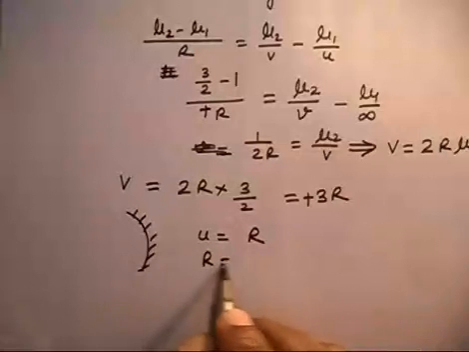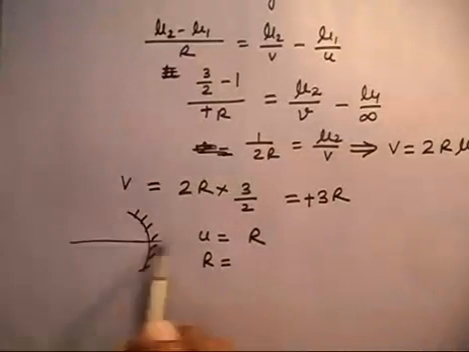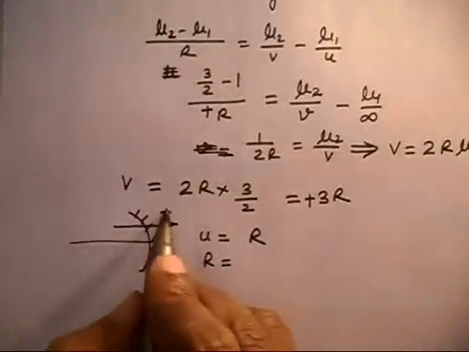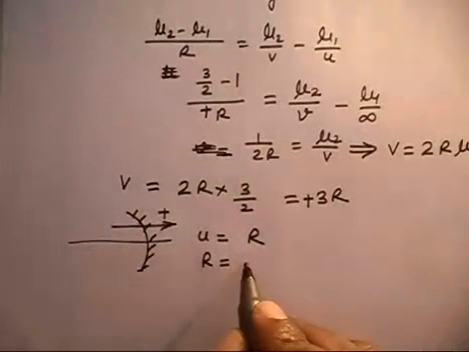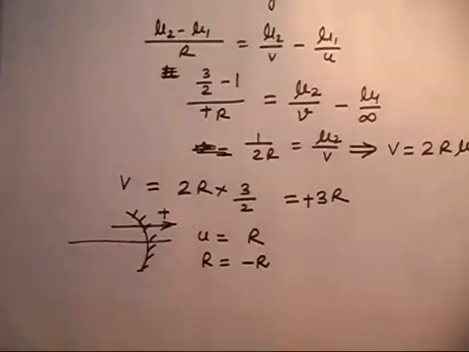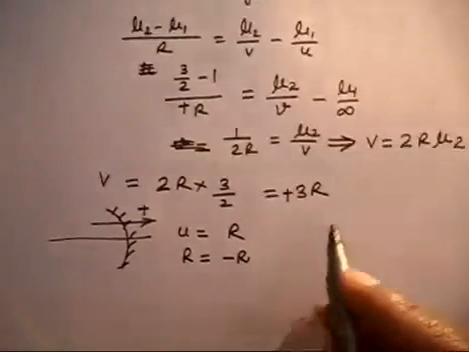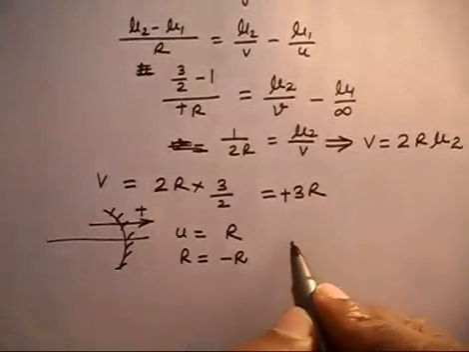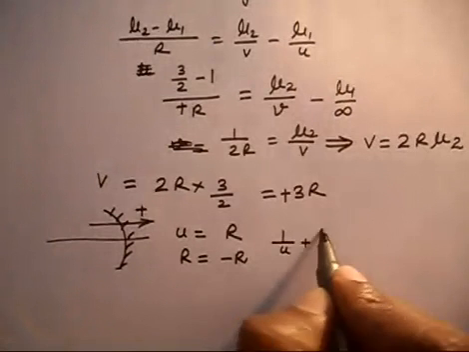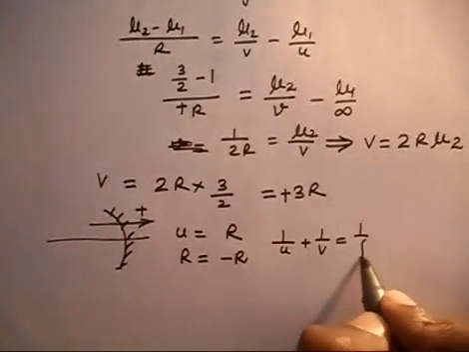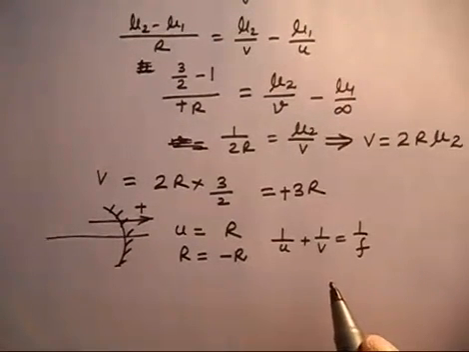What is the radius of curvature? Now this time the ray is going in this way, so this is positive and this side will be negative, so this is minus r. So if I apply 1 by u plus 1 by v is equal to 1 by f, and the focus is the same as,